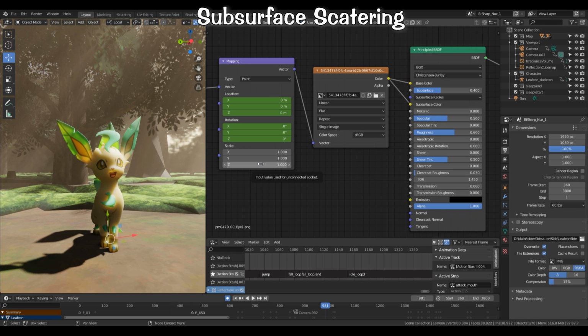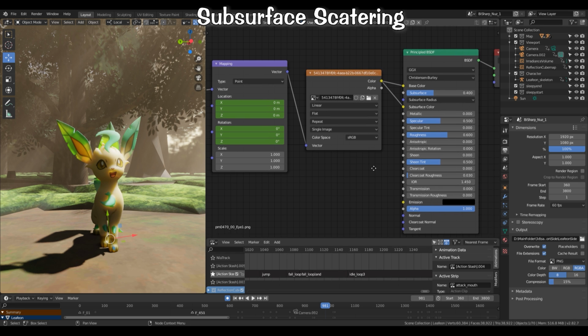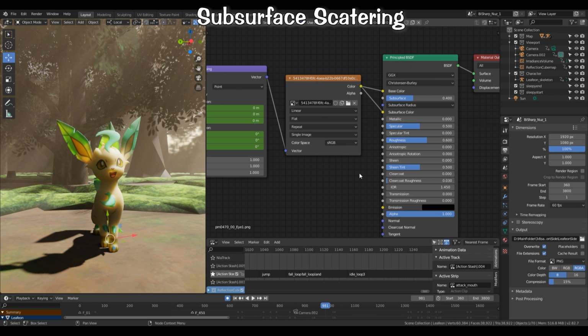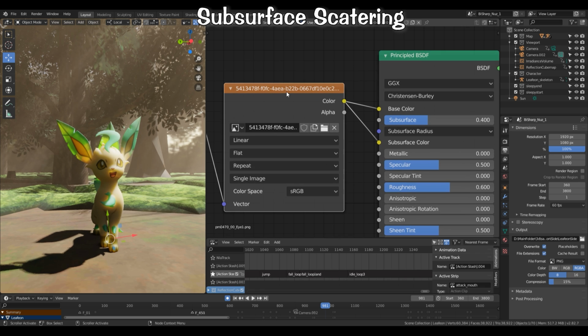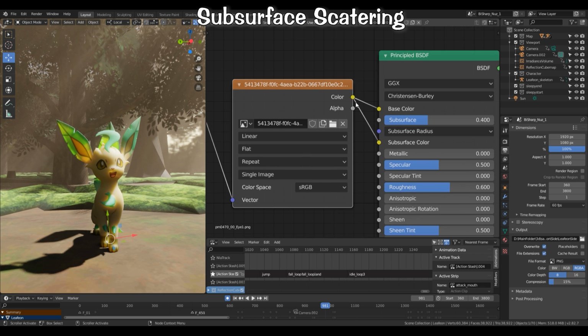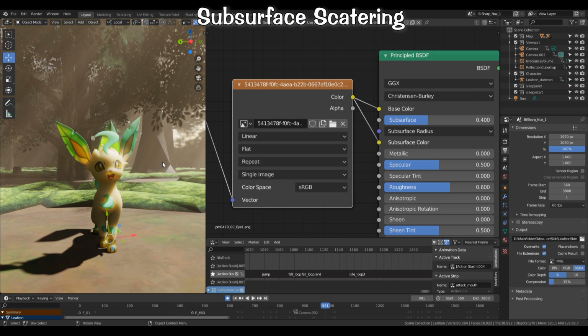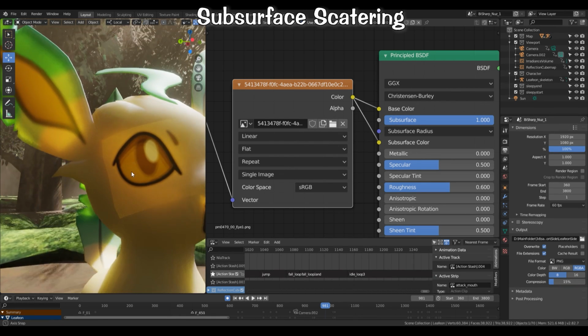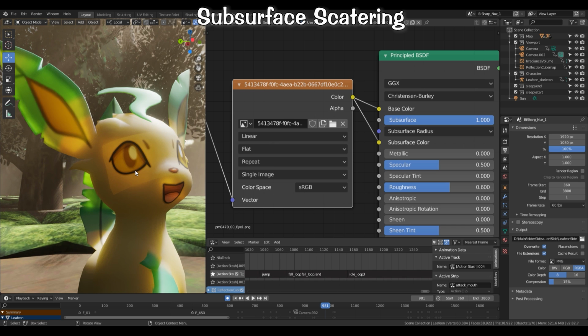I have kind of cheated, because normally you need a specific texture to say where you want the effect to take place, but you can simply put the texture of your character into the subsurface color, and this will work. It's not perfect. Then you can change how strong it is. The problem with my technique is you can't put it at one, or else you have a very weird shadow, and your character looks like it is not solid at all.